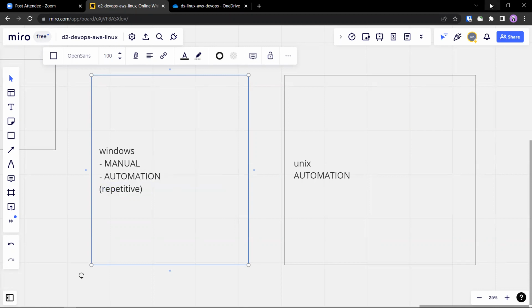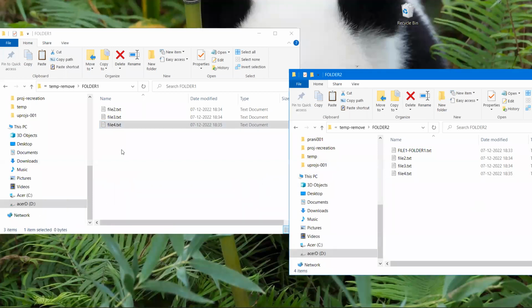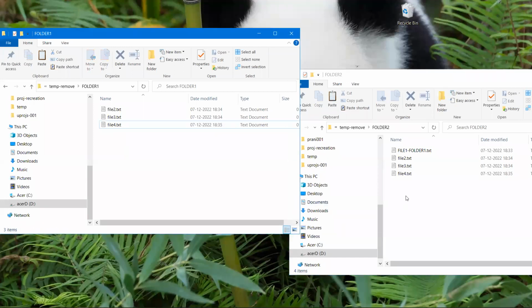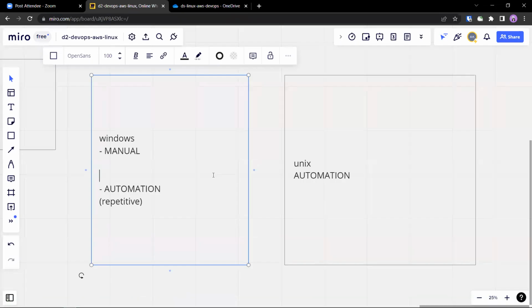So in this case, what I did is create, copy, move, paste. So on folder 1, create and copy, 2 steps. Then I am moving to folder 2, paste it. Those are the 3 steps I'm repeating. Let's write them down. I'm writing only the manual process. We are not even talking about automation now. So folder 1, let's write the steps. Go to folder 1, manual steps.